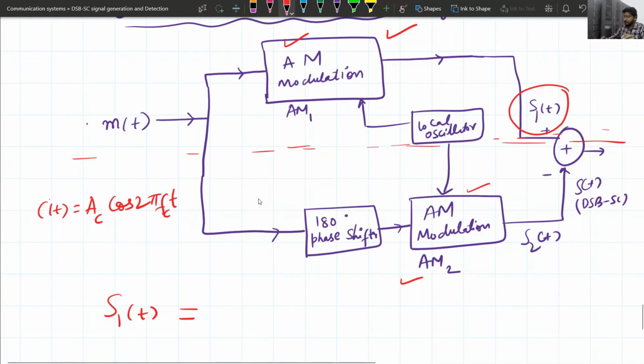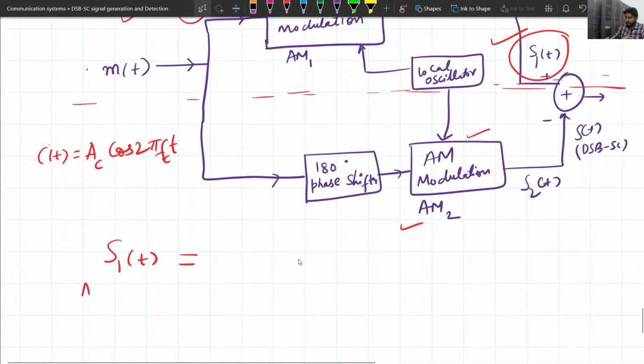The upper portion of this block diagram is channel 1, and we are interested in obtaining S1(t), the AM wave. So it will be simply given as Ac times of